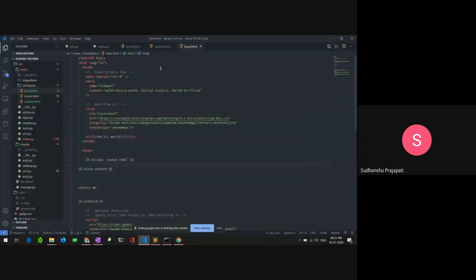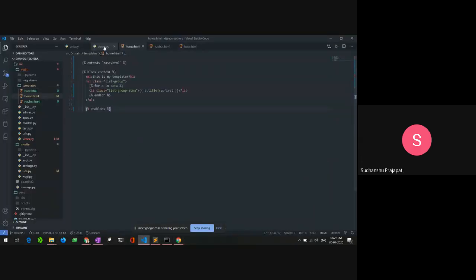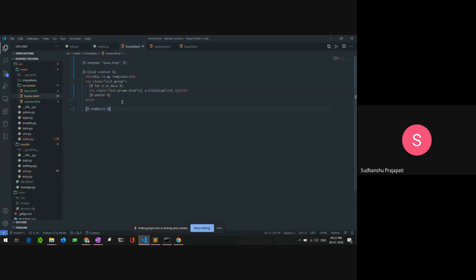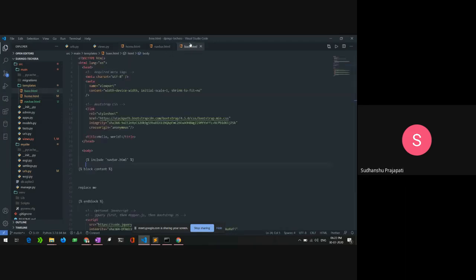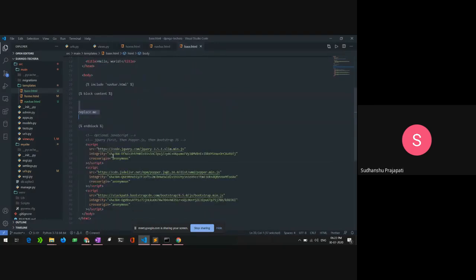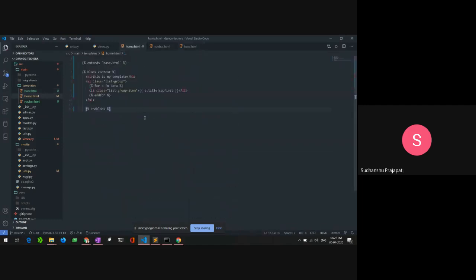Now if you go to your home.html file, that is your HTML template that you are giving the context from the view, it is now simply clean and simple. You can now create multiple pages with the same styling, that is, it will include a navigation bar and the content inside here, and it just works fine. You can create multiple pages without even copying the code all over again in all your HTML files. That's how template inheritance works in Django.